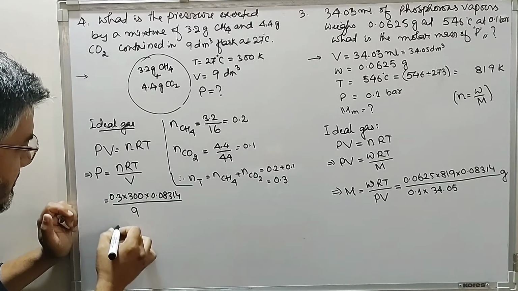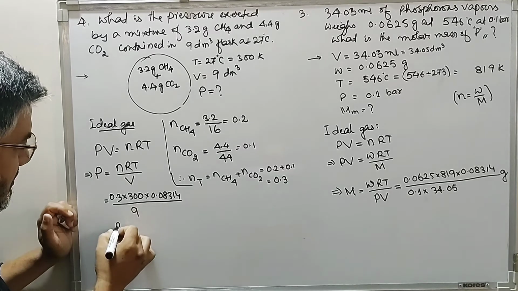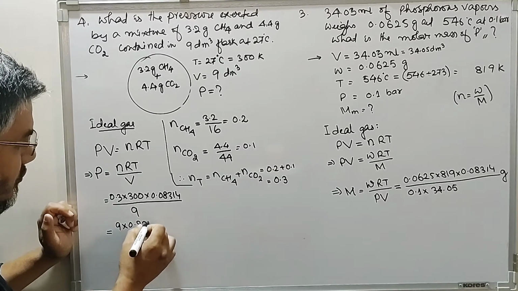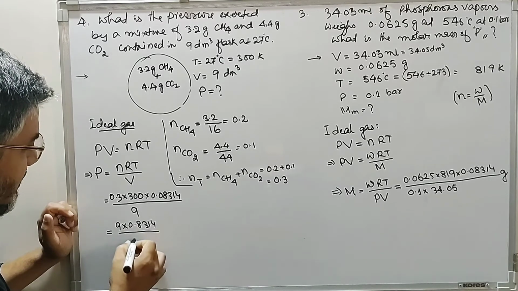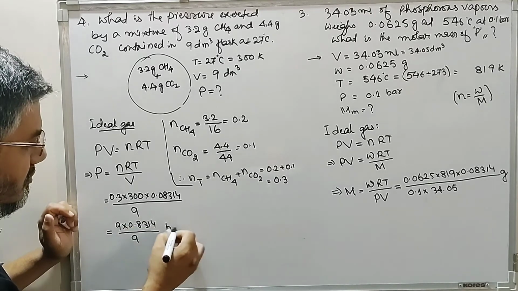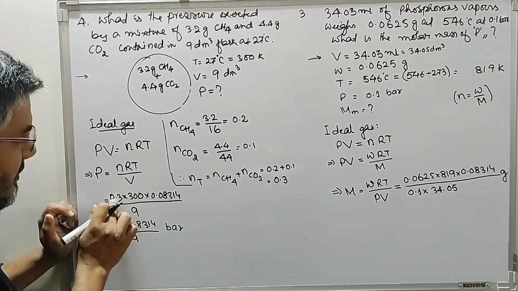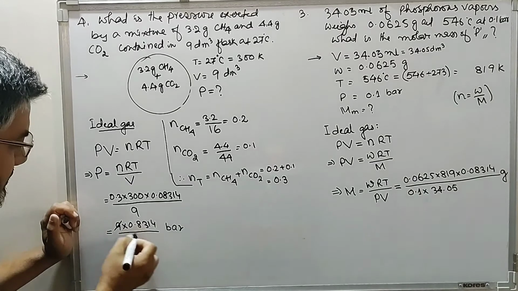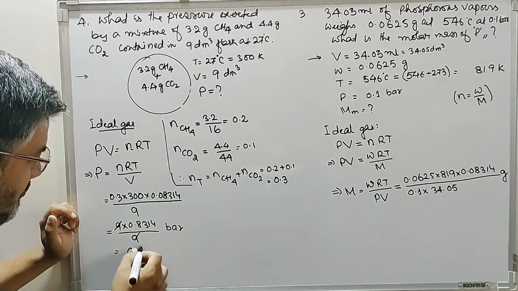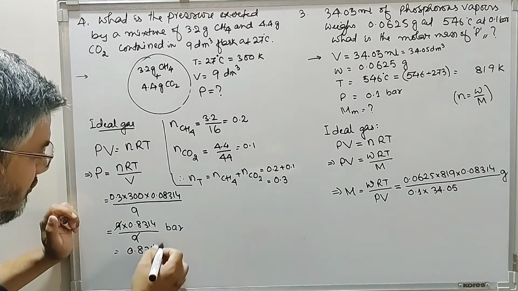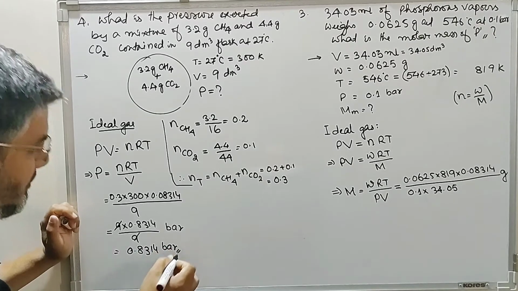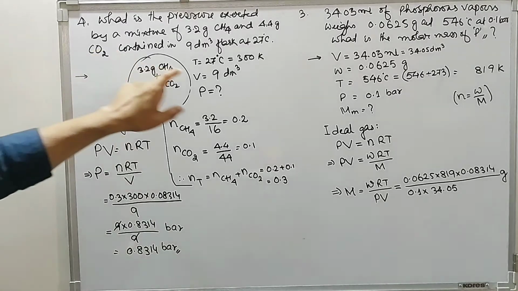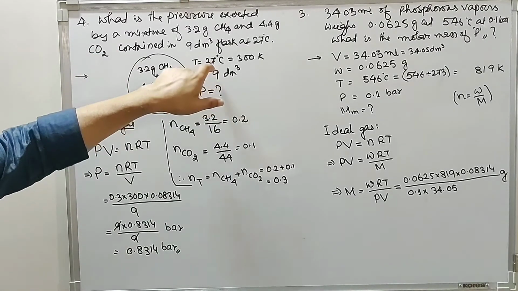So we can say, look at this, 9 into 0.08314 divided by 9 bar, the decimal is removed. So this cancels out, and this comes out to be 0.8314 bar. This is the pressure exerted by the mixture of gas contained in 9 decimeter cube, which is maintained